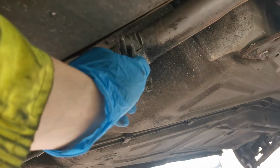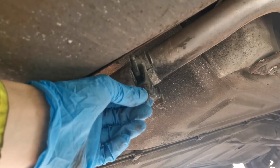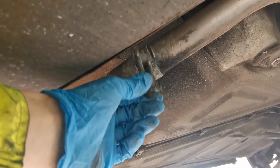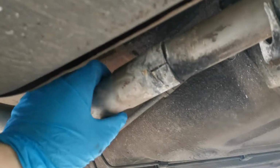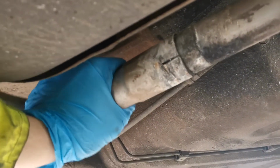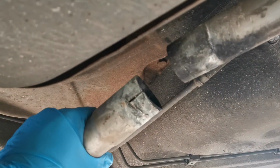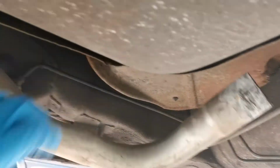Like I said, I've already loosened that. So what we'll do is, that's a 13mm bolt. You would undo the 13mm bolt there on both sides. That then loosens this bracket. You push that out the way, and then with that, oh, that was easier than I was expecting. But that's nice, that makes a nice easy video. That comes out just like so, that leaves that loose. And then if I go back down to this end,